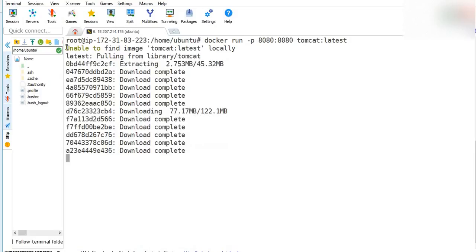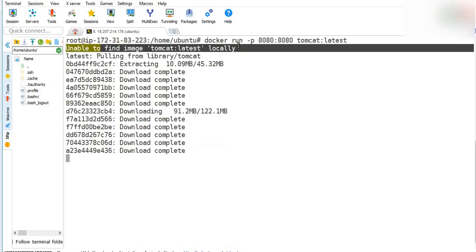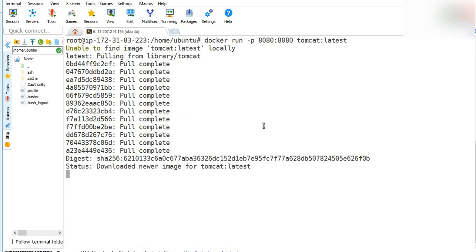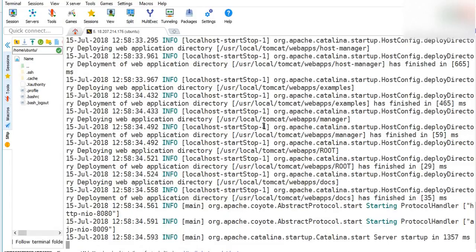First of all, it was trying to find it locally. It did not find anything locally because you have seen we have deleted everything. It was not there. So now in layers, it's going to pull the image. You see how fast it's happening in layers? That is what happens with the IDP also. Now it has downloaded it and now it is starting it. This is what happens in your console also, right?